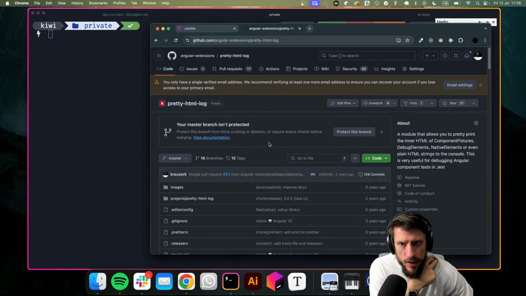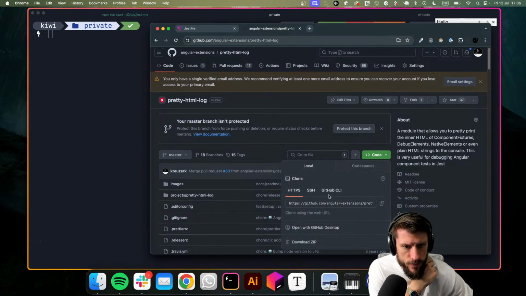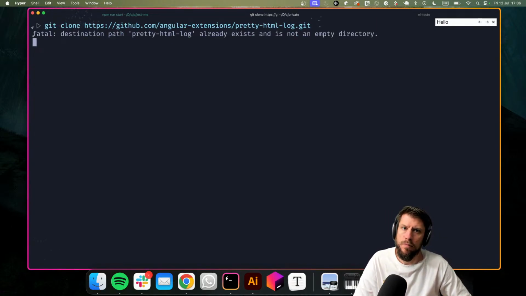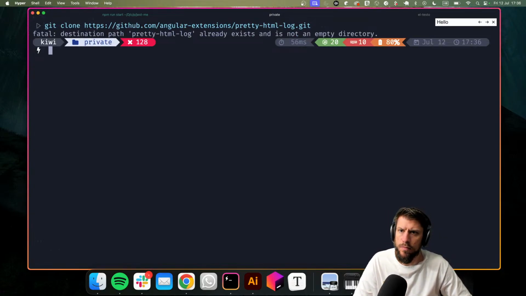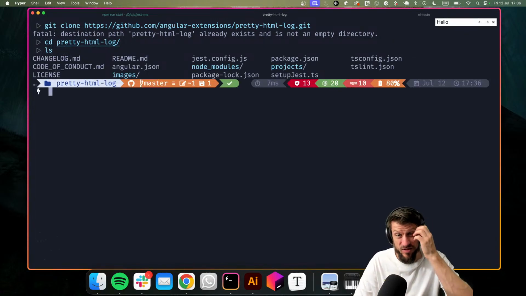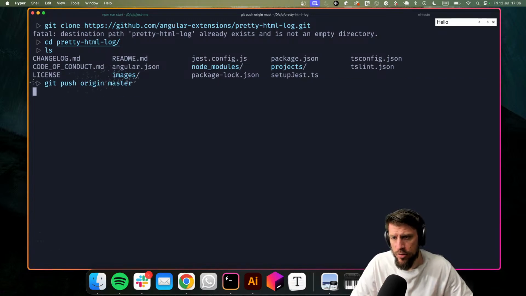Here we go. Angular extensions, pretty HTML log. So what? Is this the Angular implementation? This seems to be the Angular implementation. So then we actually have it, but it's just called